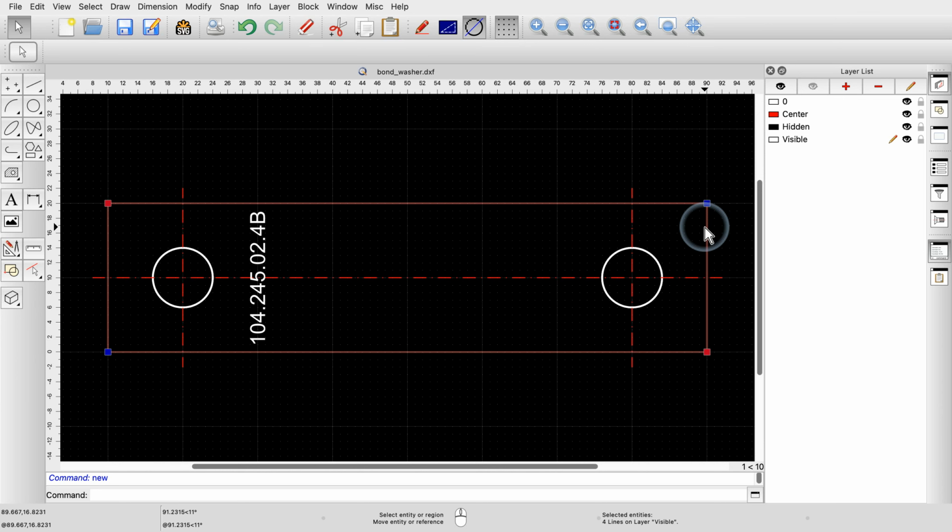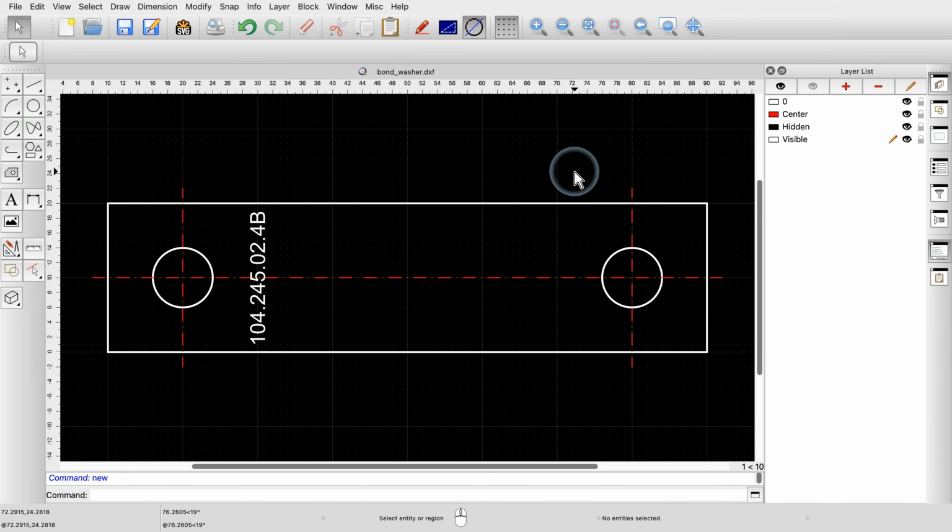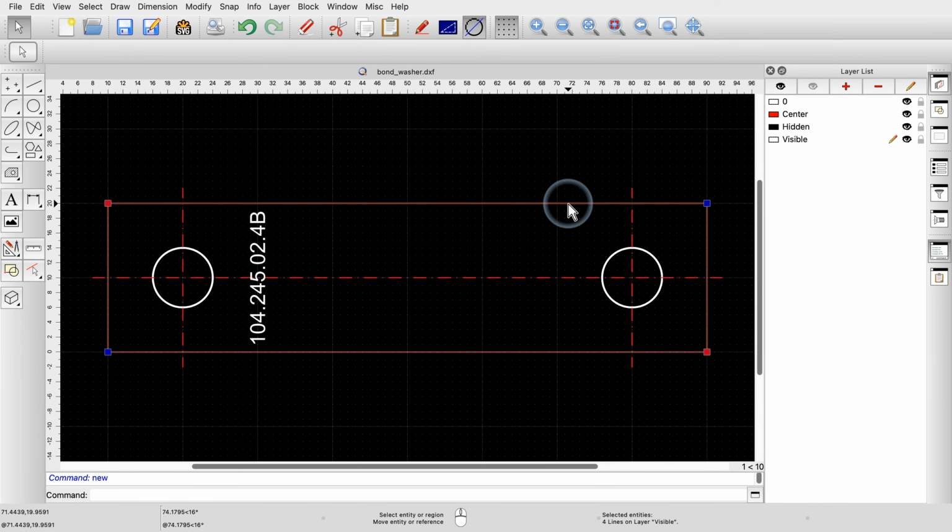Since the 4 entities we want to select are all connected, which is often the case, QCAD also offers an easier way to select these entities. To demonstrate this, we first click into an empty area of the drawing to deselect everything again. Now, we can select the same 4 entities again by simply double-clicking one of the entities. This immediately selects the entity we double-clicked, as well as all connected entities.